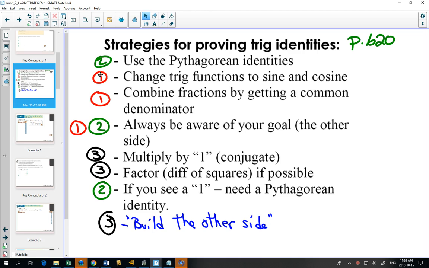Once you've written those down, take out that identity sheet, and for the rest of the class, we are proving